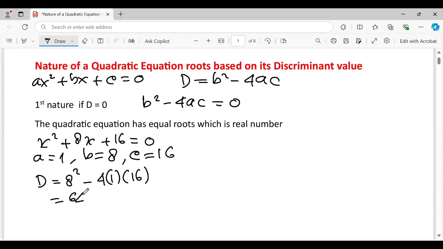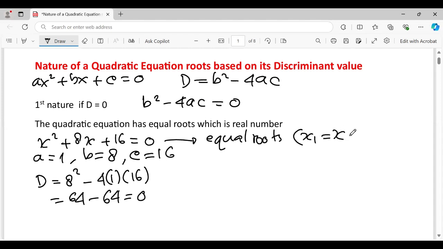It's going to be 64 minus 64 equals 0. According to this calculation, we can state that this quadratic equation has equal roots. Equal roots meaning x1 equals x2,